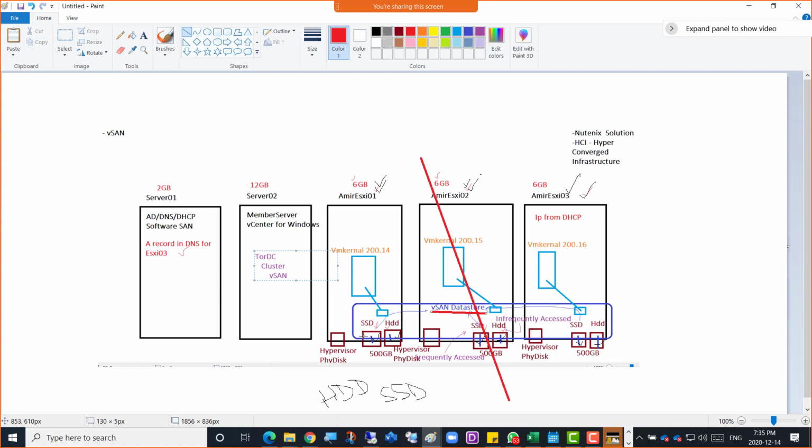So this data store will be comprising of the unused local disks of minimum 3 hypervisors, and it's going to be highly available. It can tolerate the loss of at least 1 hypervisor. If 2 hypervisors are down, the whole data store will be down and all the virtual machines on top of it will be gone. Not gone, you are obviously taking backups every day, but if one hypervisor goes down, the data store will stay up and all the virtual machines on top of the data store will still stay up,